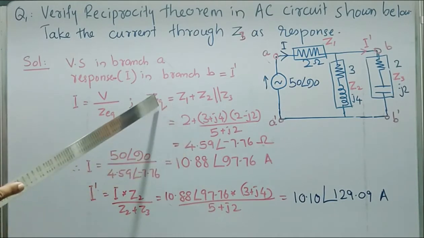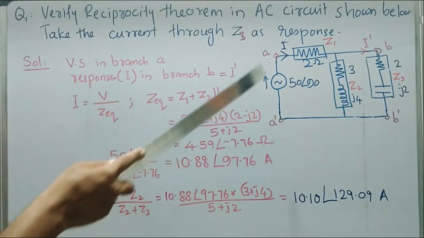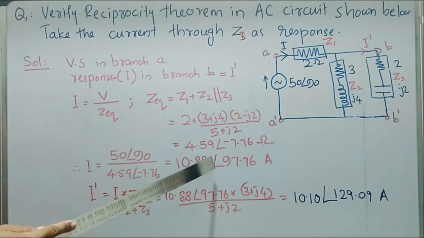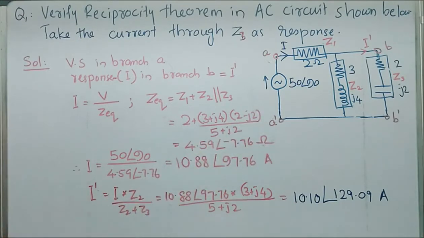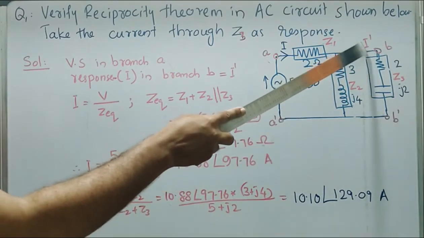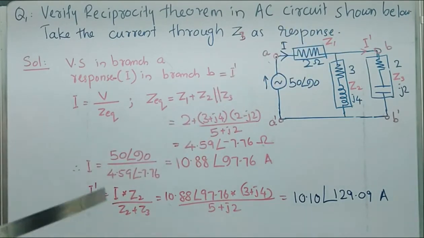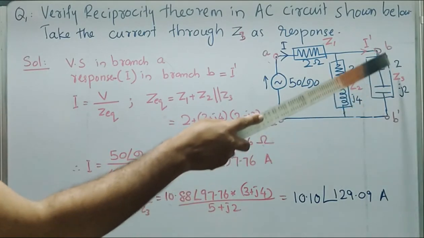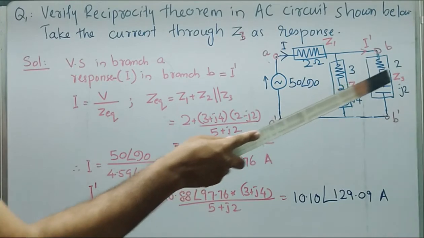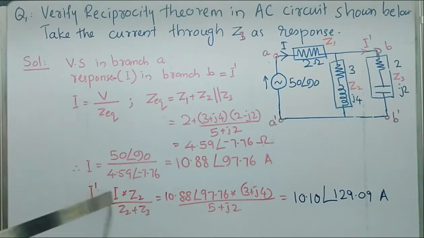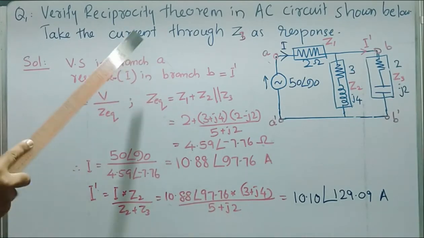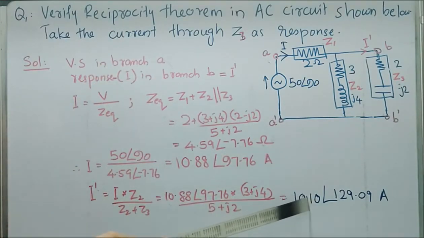Substituting the value of Z equivalent in this expression, we can obtain the current supplied by this voltage source as 10.88 angle 97.76 ampere. Now we can easily determine I dash by applying current division rule. So I dash is equal to main current into other branch impedance Z2 divided by total impedance in parallel circuit, that is Z2 plus Z3. Substituting the value of I, Z2 and Z3 in this equation, we can obtain I dash, that is the current flowing through branch B, that is our response, as 10.10 angle